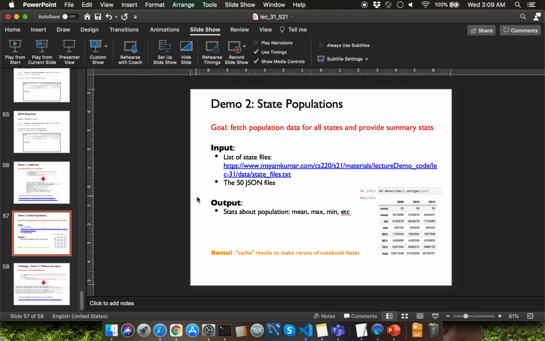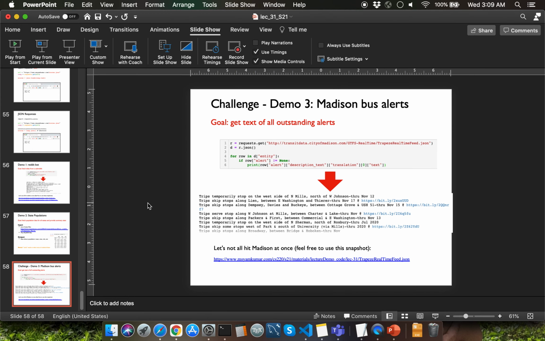Let me quickly switch over to the slide deck. You have a third challenge demo problem for you to go through on your own. This is about the Madison bus alerts dataset. I have a snapshot of this particular dataset uploaded onto the course website. The bus alert dataset is a real time feed.